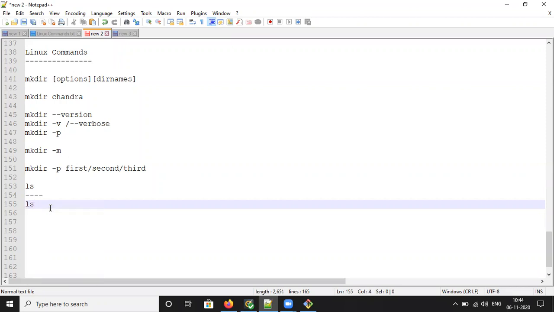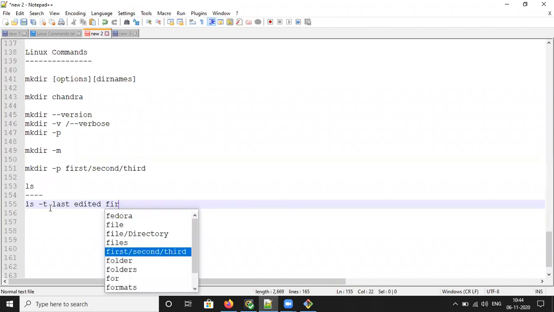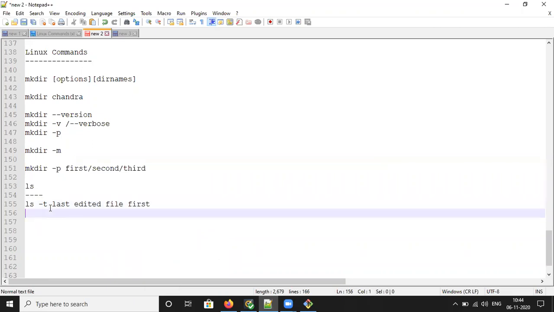Here we can say ls -t. What does this mean with t? It sorts by file modification time, showing the last edited file first. That is the main thing. And we can use ls -1, which displays one file per line.